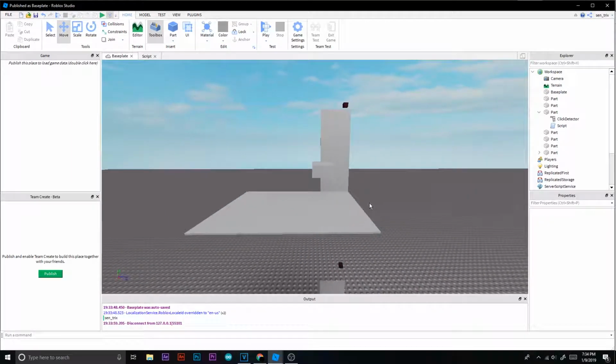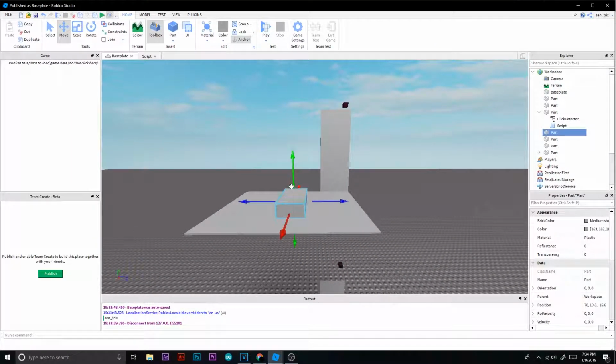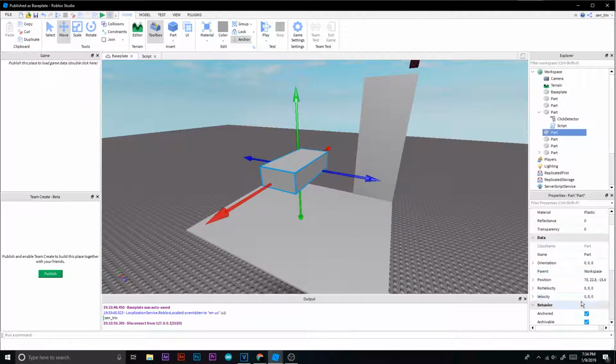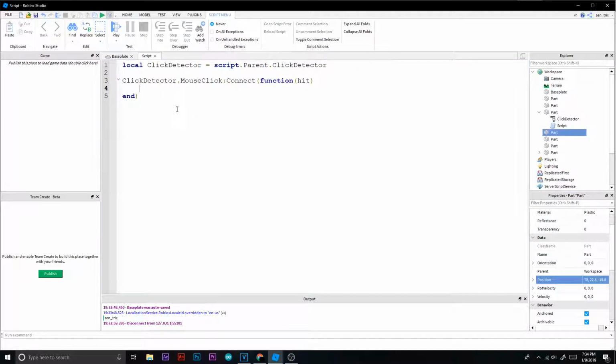So now that we see this, we have a block right here. What we want to do is move this to the position that you want to teleport the player to, and then go to the properties of that part and just copy the position. Then what you're going to do is hit dot